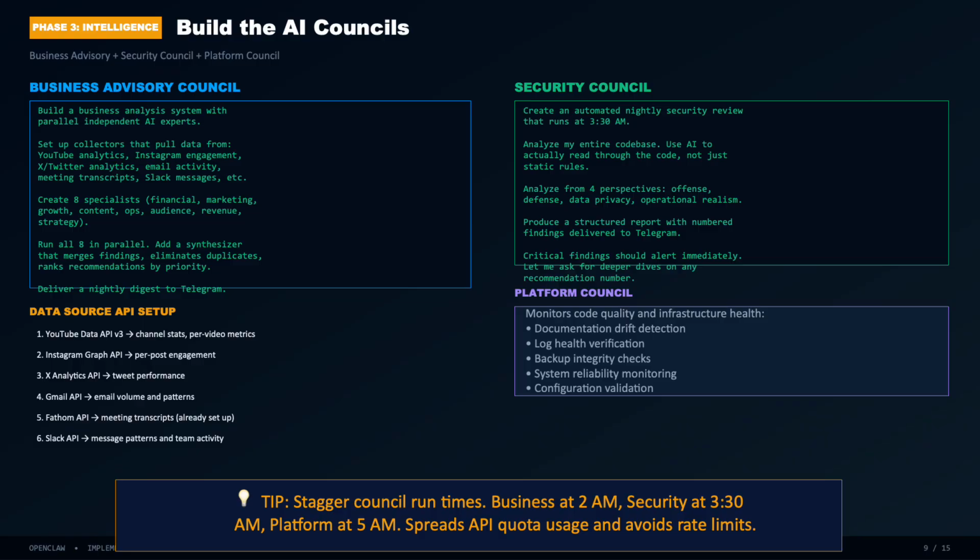The Security Council runs at 3:30 a.m. It reads your entire codebase from 4 perspectives: offensive, defensive, data privacy, and operational realism. Numbered findings go to Telegram. Critical issues trigger immediate alerts. You can ask for a deep dive on any finding number, and the magic, just say fix it and it